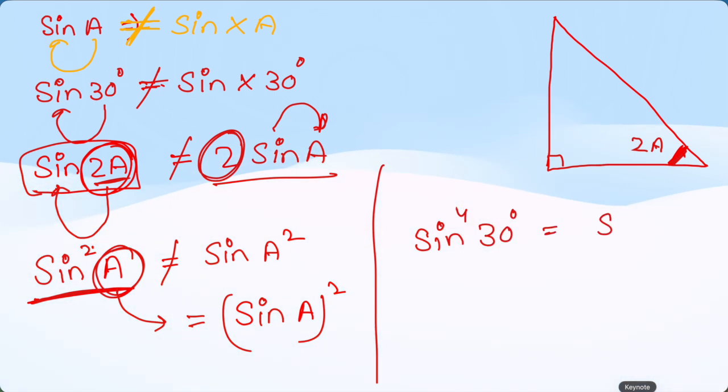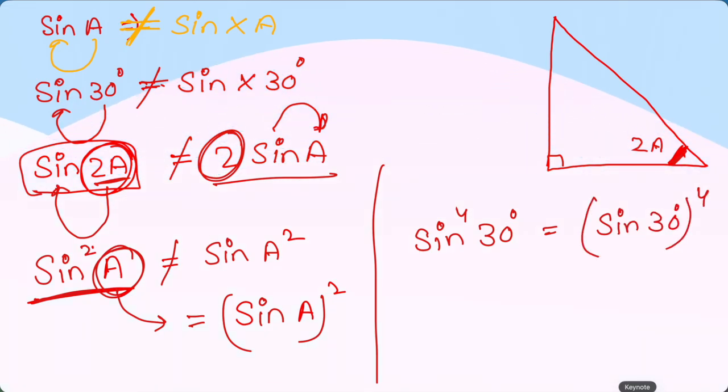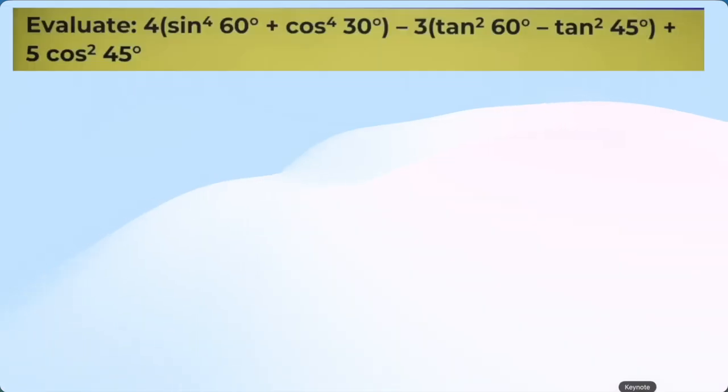It means it is sine 30 I have to find and its power should be 4. Hope this is clear. Alright. Now solve the question. Coming to the question, let's check what is written in the question. You have to evaluate 4 times sine^4 60 degree, cos^4 30 degree and this much. Right? So the first thing that we should know is what is sine 60 and I have to make